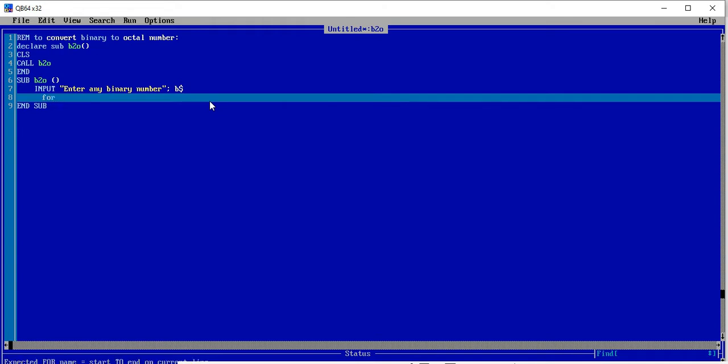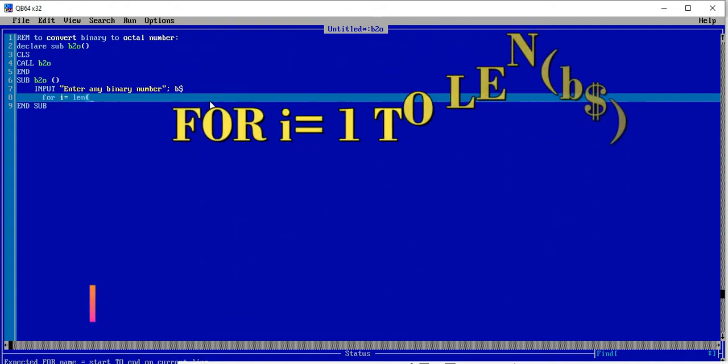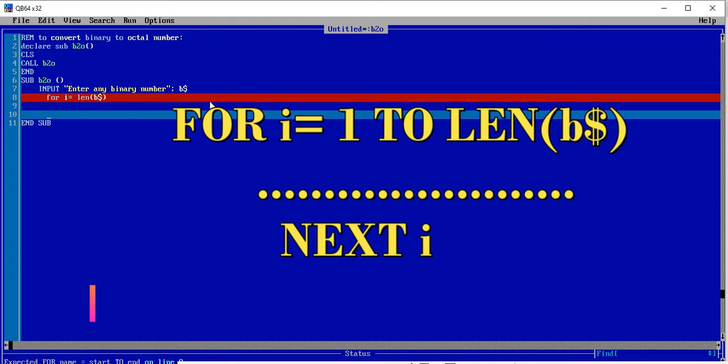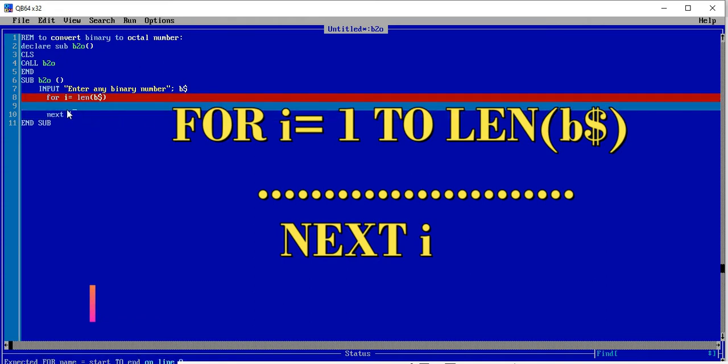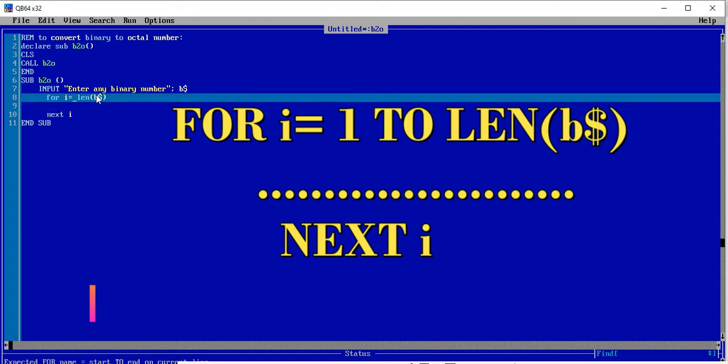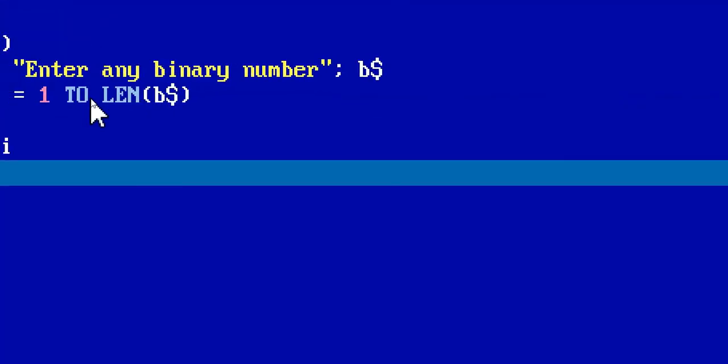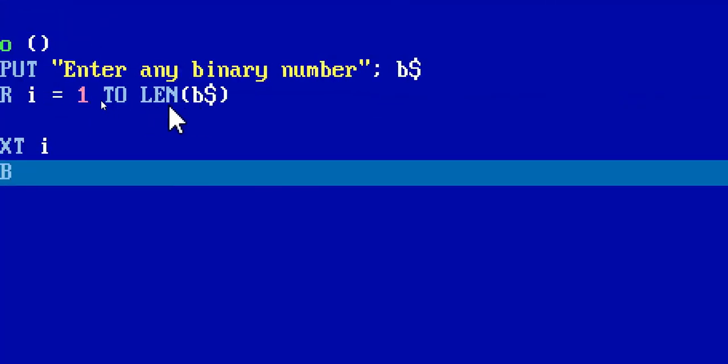FOR I equals 1 to LEN of that string B$, and NEXT I. LEN means the length of that binary number, the length of the string which is stored in the string variable B$.